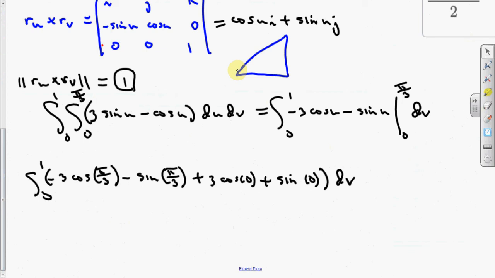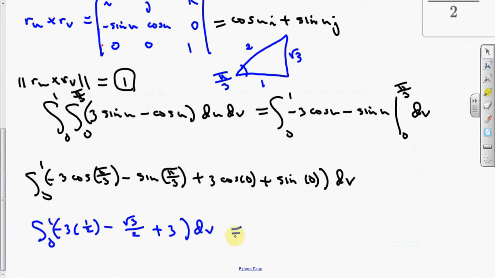So anyway, I forget all these pi over 3's and all that kind of stuff, so no problem. This is 1, this is 2, the square root of 3. This is 60 degrees, pi over 3. Right? So cosine of pi over 3 is 1 over 2. Just the integral from 0 to 1, negative 3. This is 1/2 minus sine of pi over 3, which is the square root of 3 over 2. Plus 3, cosine 0 is 1, and then sine of 0 is just 0